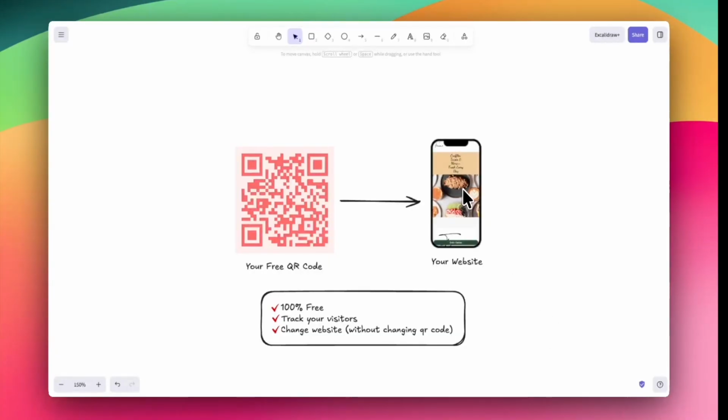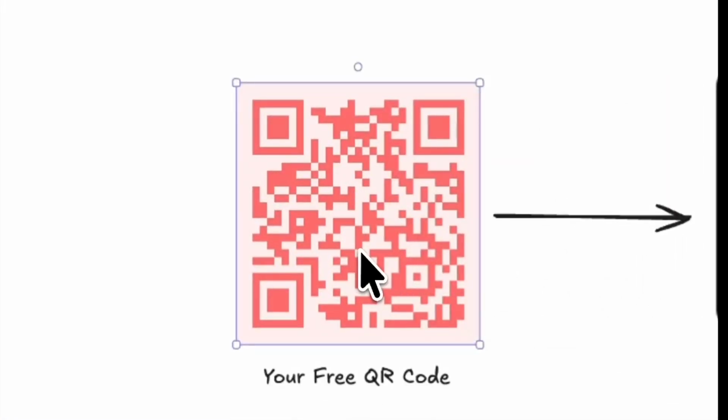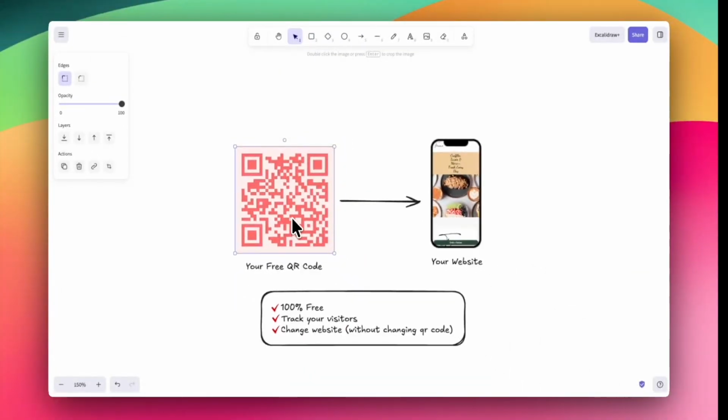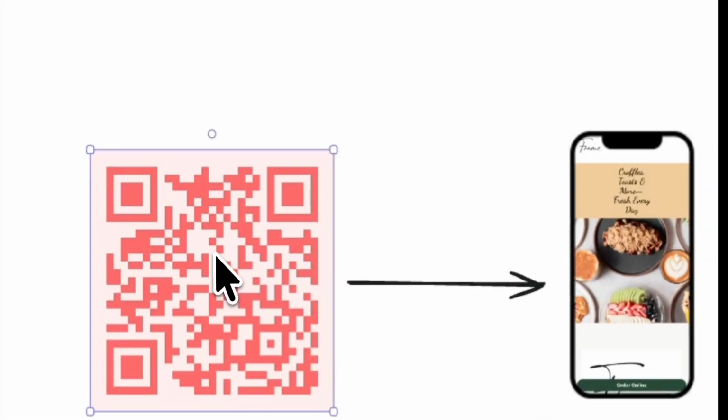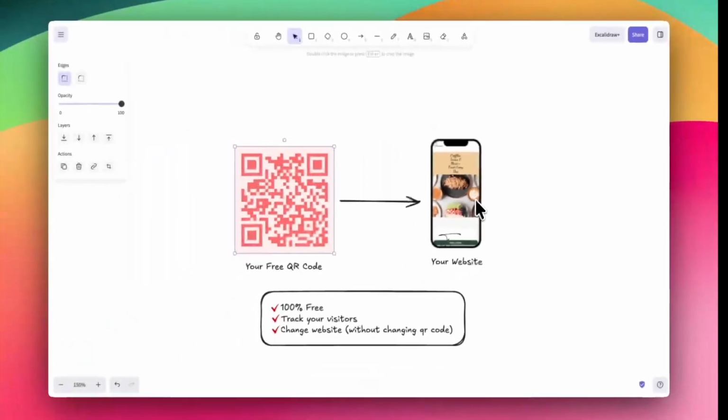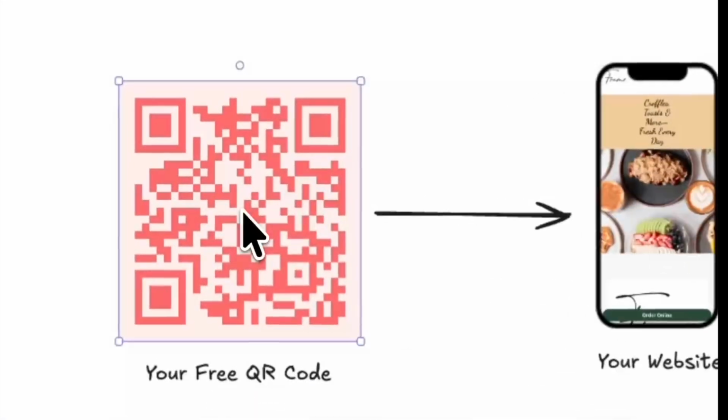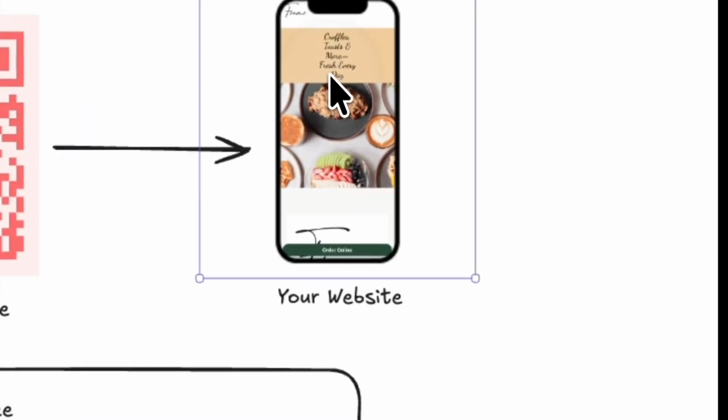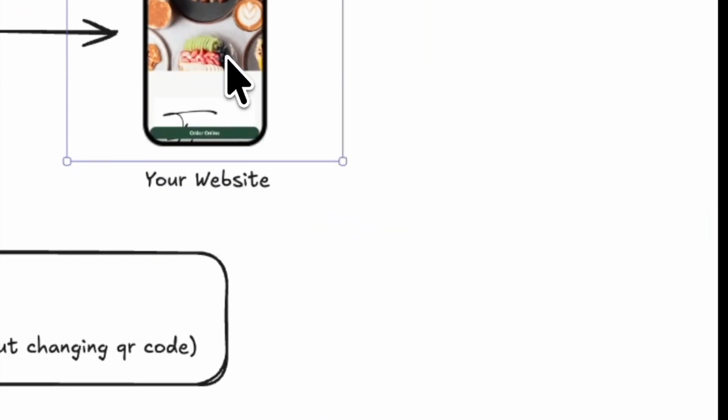So let's imagine, for example, you have a restaurant menu and you printed out a bunch of QR codes like this one and you put it on all the tables. Then you decided to change the menu. Well, traditionally, if you have what is called a static QR code, you're going to have to replace your QR code in order to update the menu on every single table. In this demonstration, I'm going to show you how to make a QR code so that you don't have to replace the QR code in order to update the destination or the website that it's pointing to.